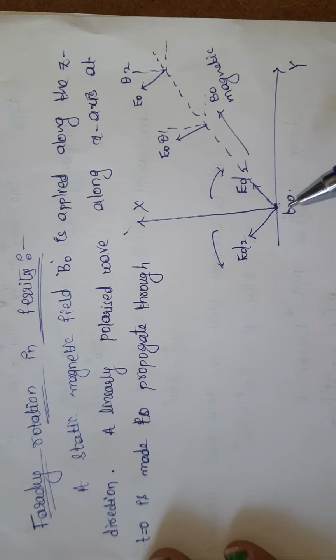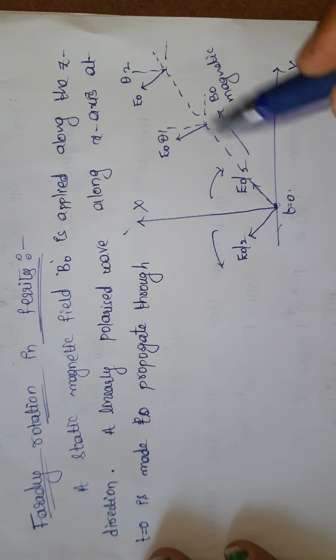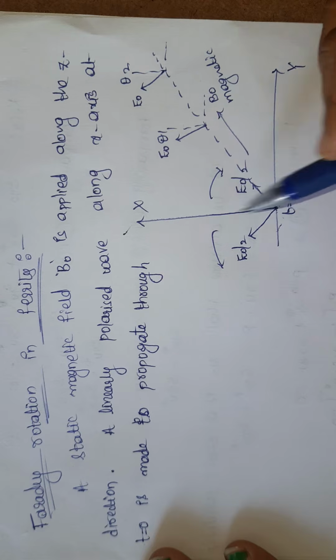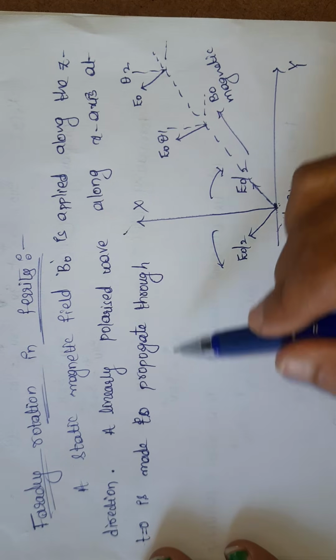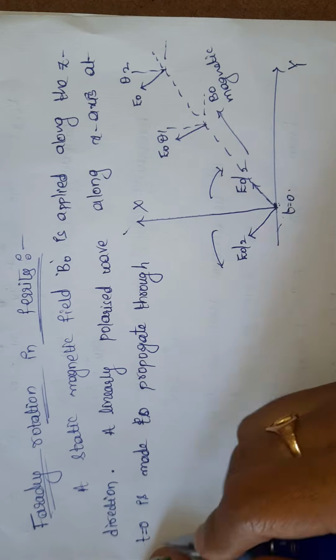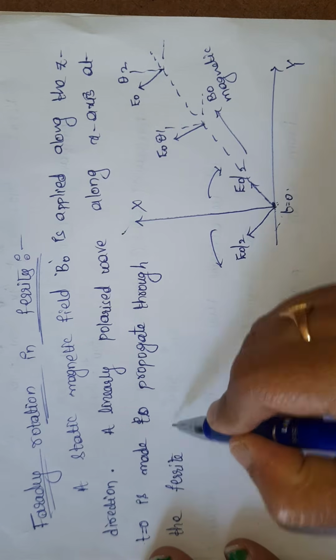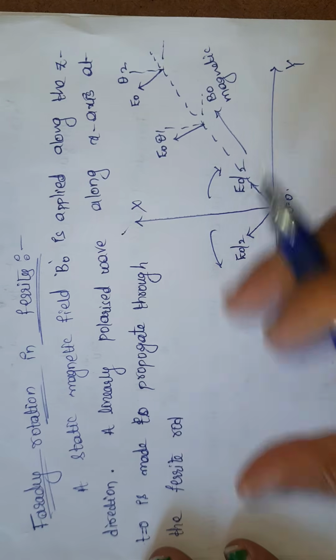If a magnetic field is applied along the z direction, out of the paper, and a linearly polarized wave along the x direction is made to propagate through the ferrite rod or ferrite medium